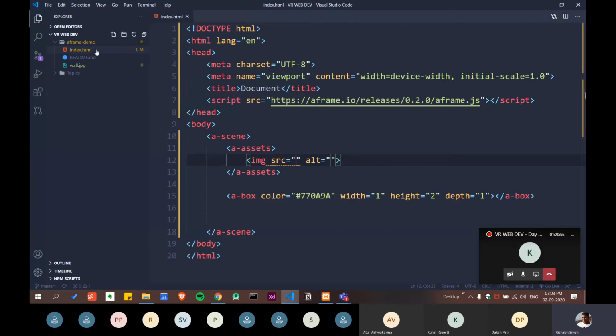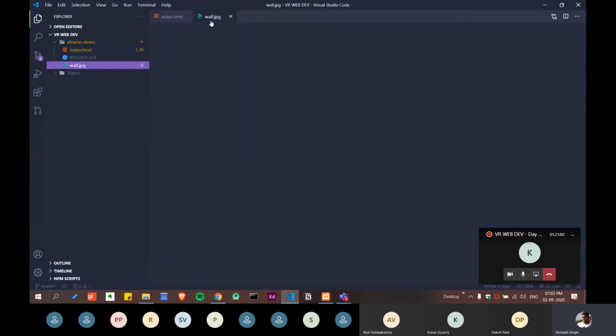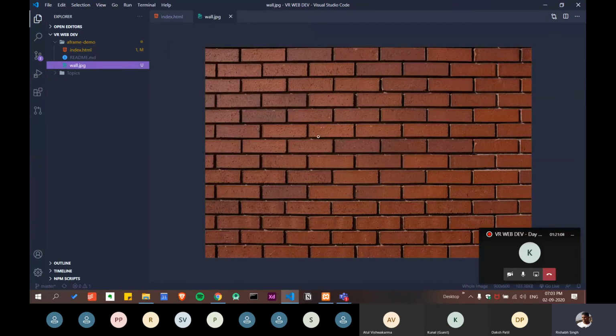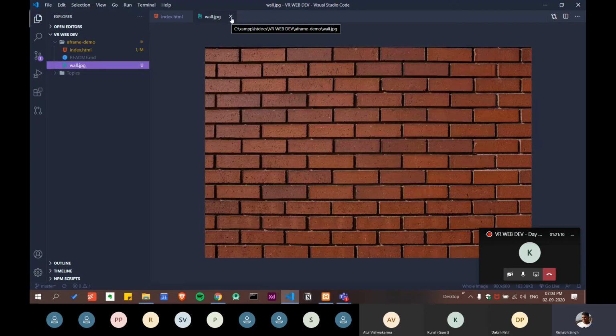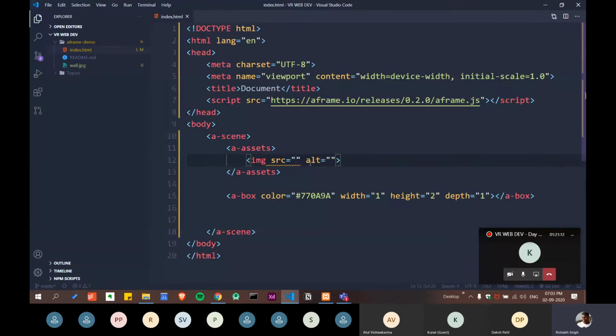Also, you can see all your files here. I've added wall, so it is coming over here. If I double click it, it will just open it for me, so you don't have to go through all this. You can do it very fast over here. And now for the image src, I'm going to enter wall, and it is showing me the option to add wall. So I'm going to press enter, and it has added.